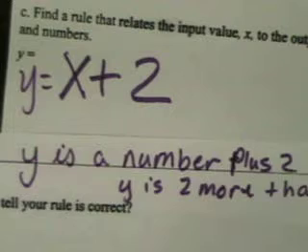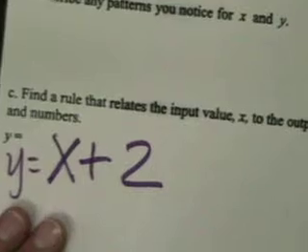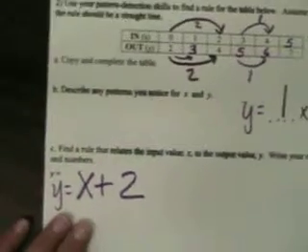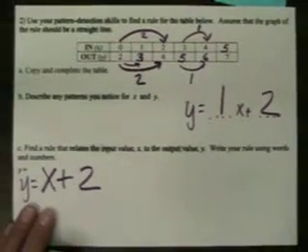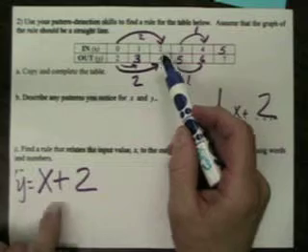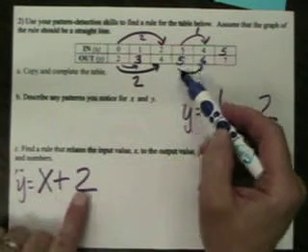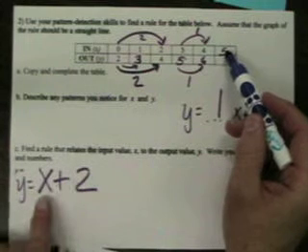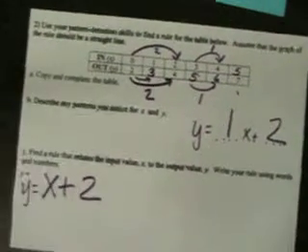that number. And the way that we can tell if the rule is correct is we can go back and plug in some values from our table and see if we get the right numbers. So like here we get, let's use 3 and 5. If x is 3, 3 plus 2 equals 5. Good. If x is 5, then 5 plus 2 should equal 7, and it does. Okay. Now, those were the only ones we were going to cover